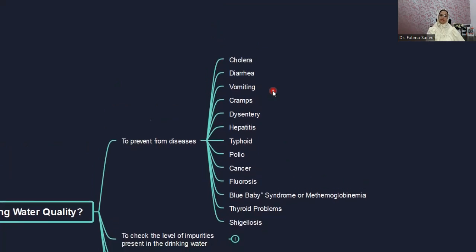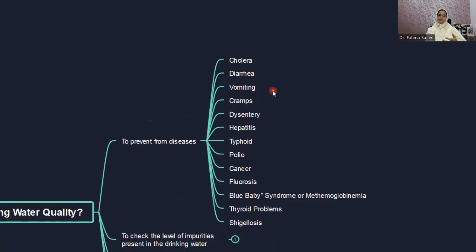There are so many impurities present in the water when we consume it as drinking water. It may not happen in one day, one week, or one month; sometimes it takes years. Some diseases are very acute, which means they come very fast. As soon as we have some bad water quality, some impurities, some contamination, immediately we will have some vomiting or diarrhea. That is an acute one.